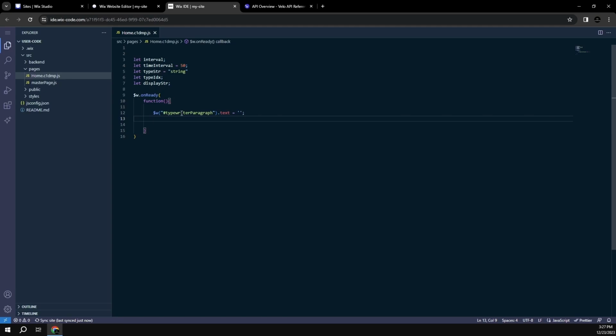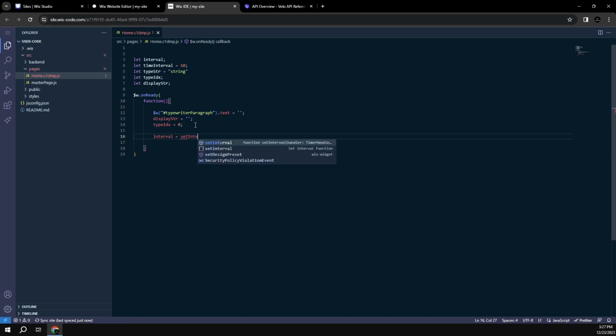After that, let's initialize the display string to null as well, and type index to 0. Now let's set one interval. So just write interval equal to setInterval, and inside this interval